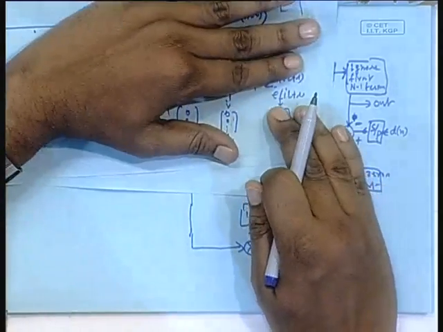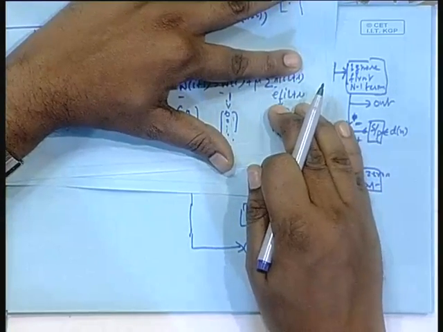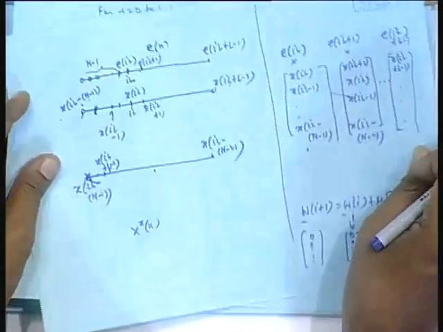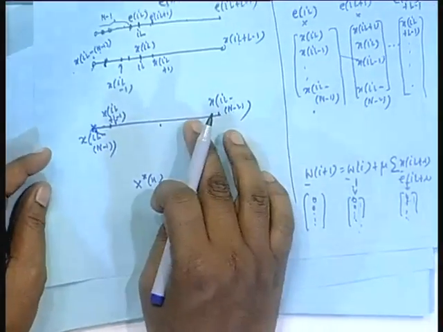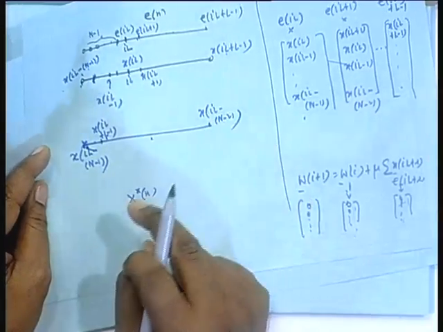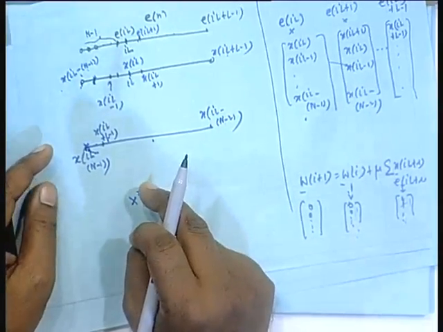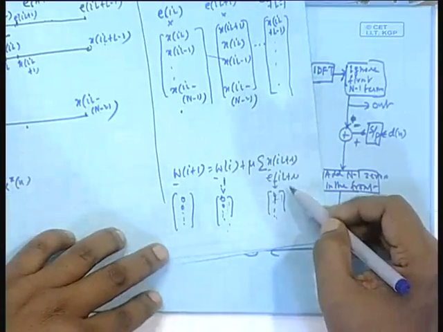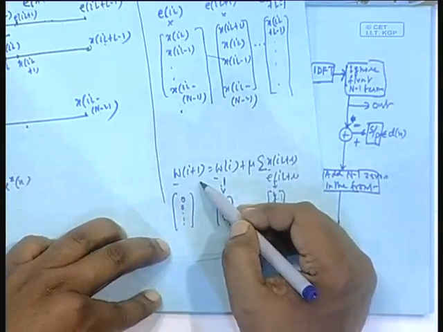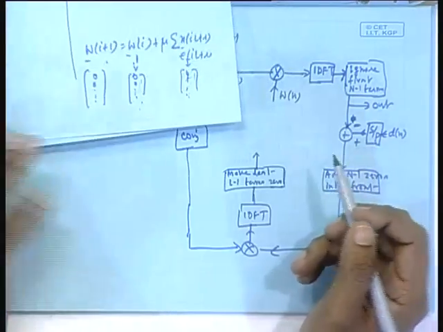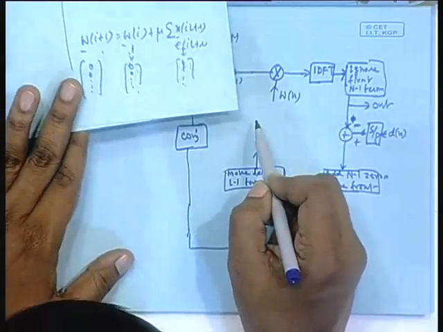So, I got this term, I did the circular convolution, by the two DFTs and then IDFT. I got the circular convolution between the two, but in the time domain I use only the first n points; afterwards the other terms are of no use. I deliberately put zeros there, then take the DFT of this. So, DFT of this plus DFT of this is the DFT of the next future weight vector, is it not?